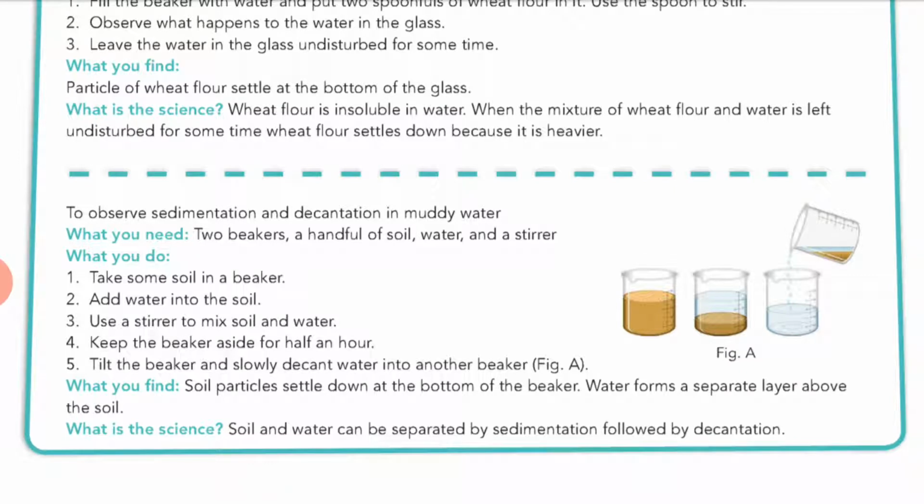In this activity, first of all, take one beaker of water, add a little soil in it, and try to dissolve it, right? Then leave it for a few minutes. You can find there are two layers, right? At the bottom, the sediments will settle down, and the upper part is called the supernatant.